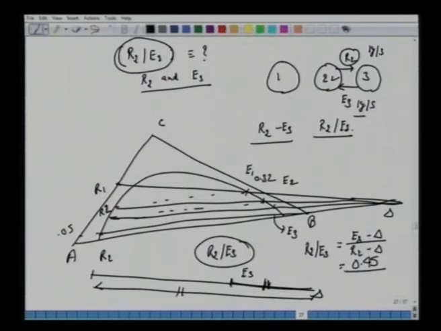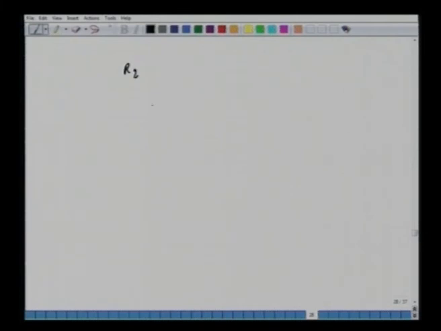Alright. Of course, if you go very mathematically rigorous without realizing, we can obtain these ratios. You will start with some material balance. You will say that R2 minus E3, this is equal to del. This is also equal to F minus E1, etc. Alright. Then you will write R2 into X2, you will read from the graph, E3 into Y3, you will read this value from the graph, will also equal to del into X del, the coordinate of this difference point.